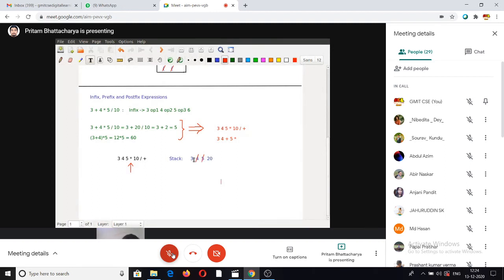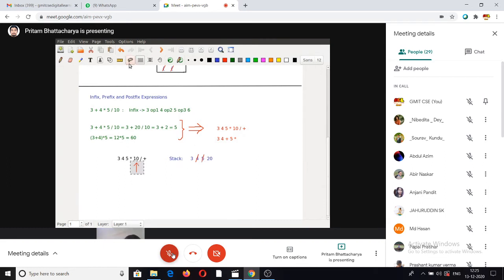Now see what has happened. Before I process this operator, the stack consisted of 3 operands, 3, 4, 5. After processing this operator, I have multiplied the top two elements of the stack, 4 and 5, and the result I got, I have pushed onto the stack. So at the end of this step, when I finally shift this arrow to 10, the stack contains two elements, 3 and 20. 4 and 5 are gone basically.